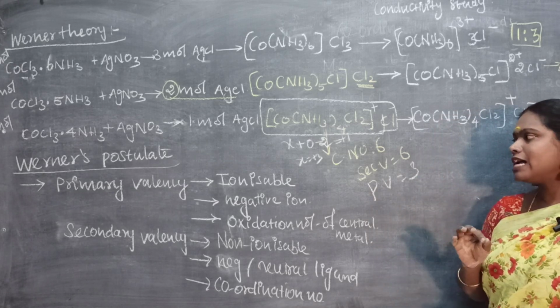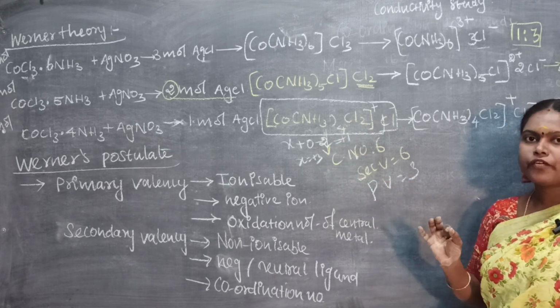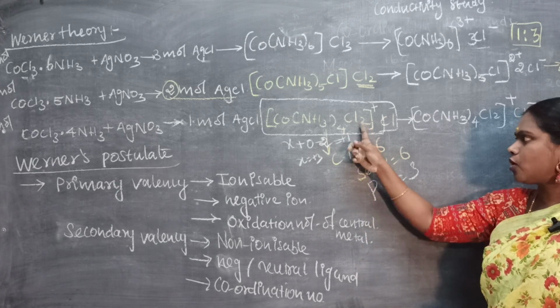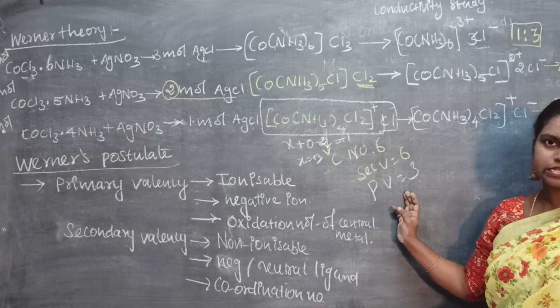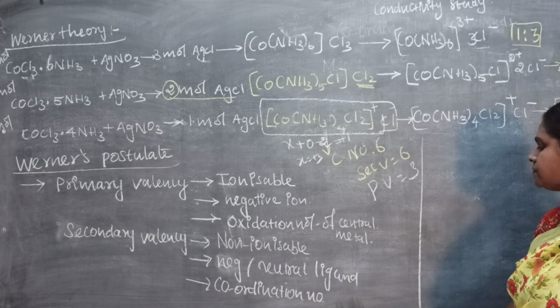Okay, so they may ask you to find this out in a problem. If they give a complex and ask you to find the secondary valency of the complex and the primary valency of the complex, you have to choose like this. Okay, right. Next, if you look at the next one,